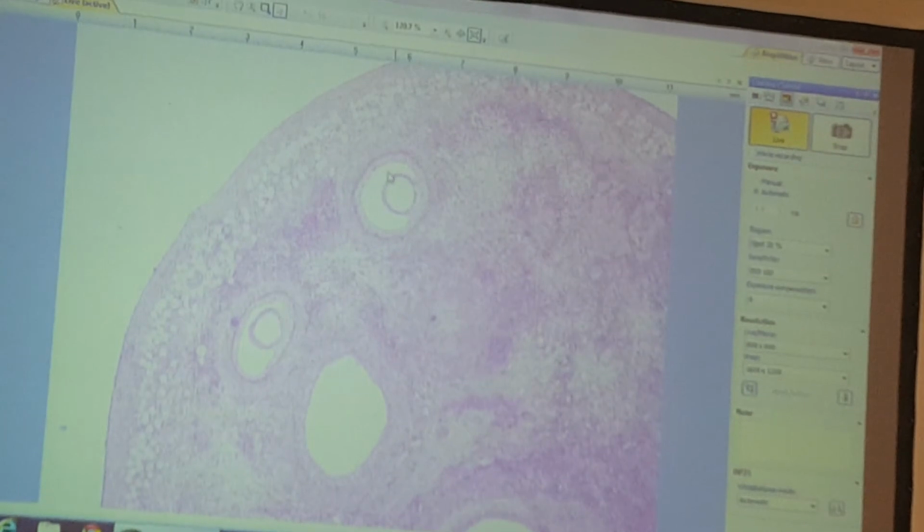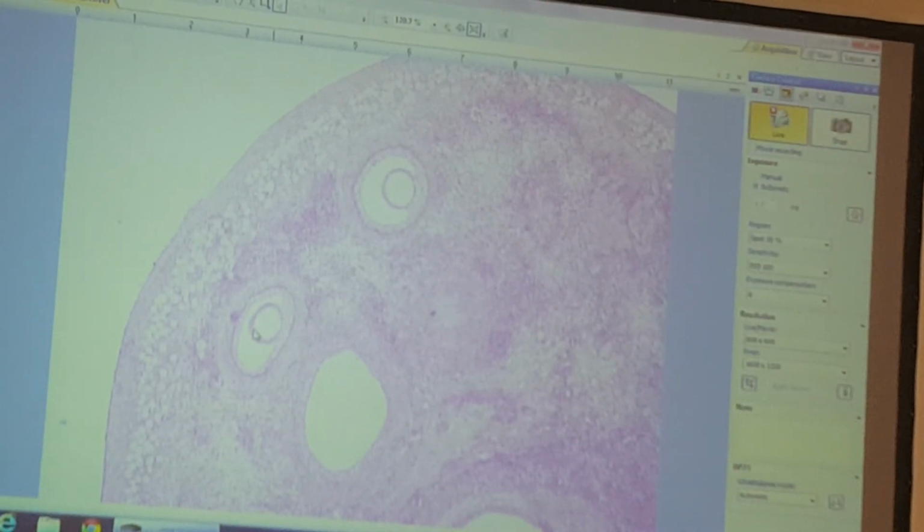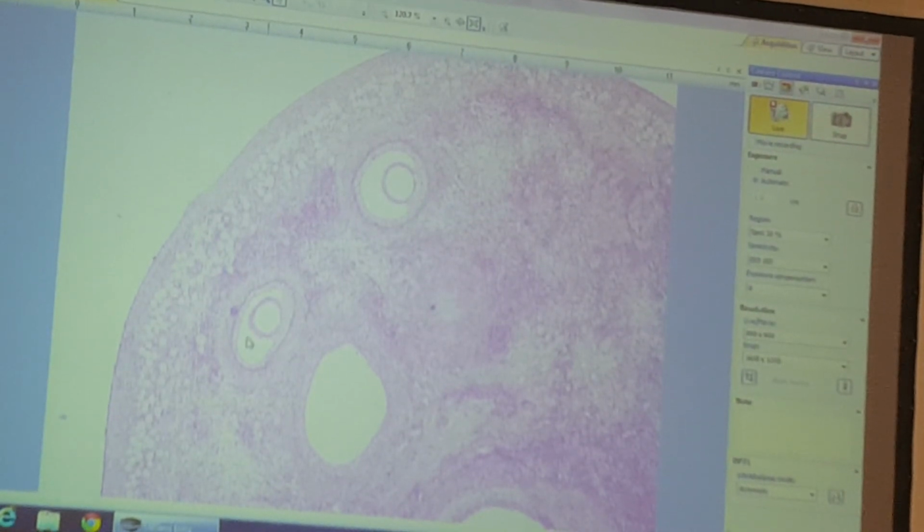But again, the antrum is only what? Maybe 3 times bigger than the oocyte there? Over here, it's even a better secondary follicle because now it's just maybe 1.5 times bigger than the oocyte. So on a test, I would try to give you a secondary follicle with a pretty small antrum like this one here. Compare that